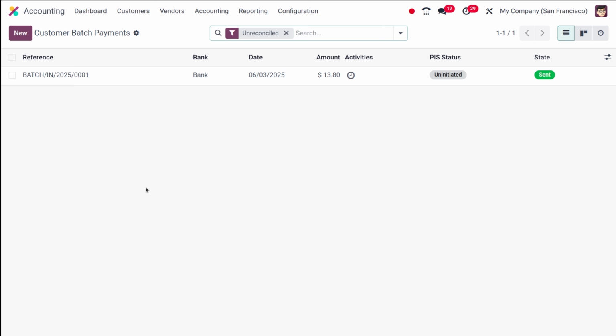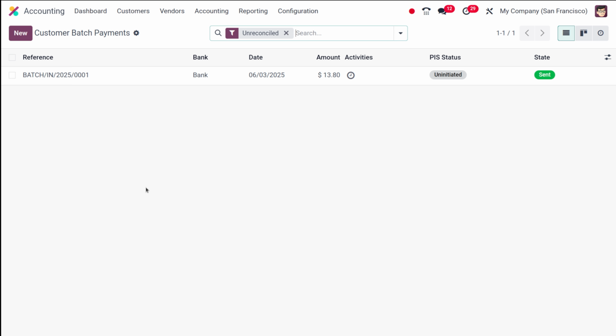And now for the magic moment, bank reconciliation. Once your bank transactions have been imported or created in Odoo, reconciling them with your batch payment is incredibly easy. Instead of matching several individual payments, you will now match the single bank transaction with your validated batch payment using its batch reference. This significantly speeds up your reconciliation process, especially when dealing with high volumes of payments like SEPA, debit cards, direct debits, or large check deposits.